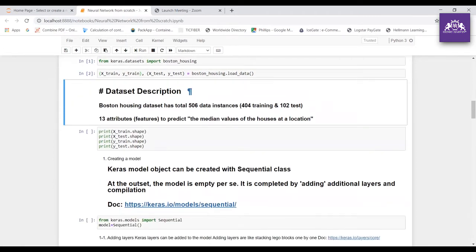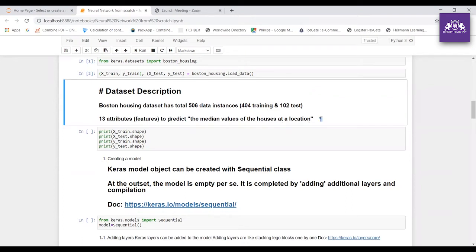Let me explain the data set to you. This Boston housing data set has a total of 506 data instances. Out of that, 404 are training data and 102 testing data, right? And then there are 13 attributes. Attributes are nothing but features which are used to predict the median values of the houses at a location.